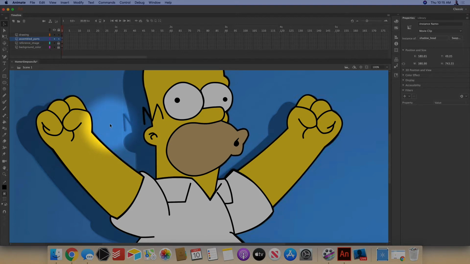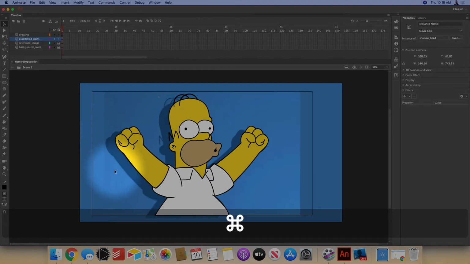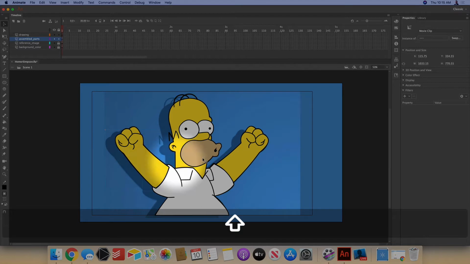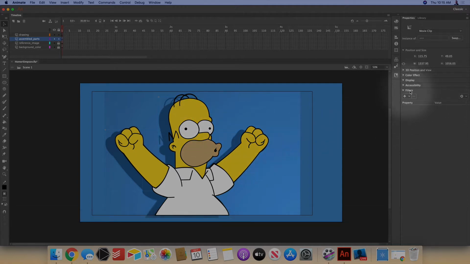So what I'm going to do with our shadows is this. I'm going to select, we did 4 of them. We did 1 for the shirt. I'm going to press Shift, 1 for the right arm, 1 for his left arm, and then 1 for that head shape. So I have all 4 of those selected there, right? And I need to make sure I got all 4, and I can kind of see that little faint little symbol line. Then what I'm going to do is come here under filters for these,